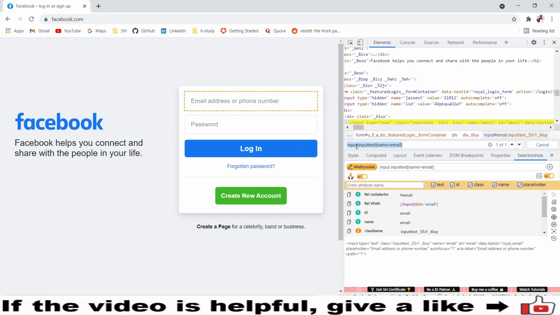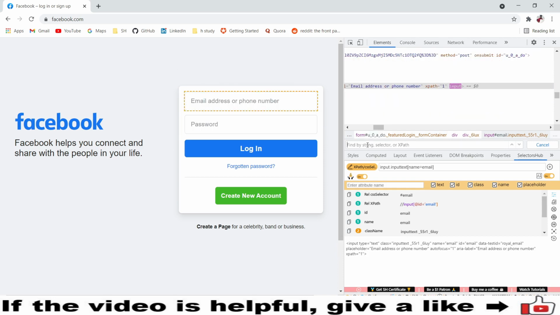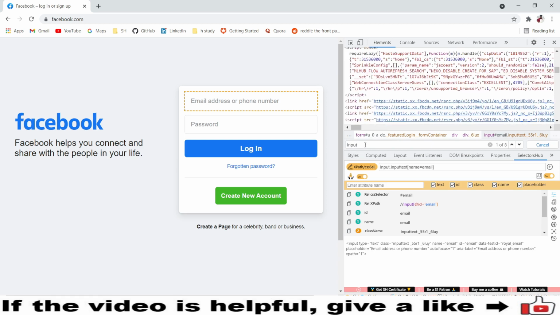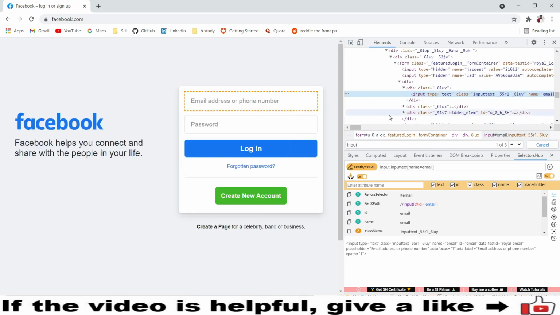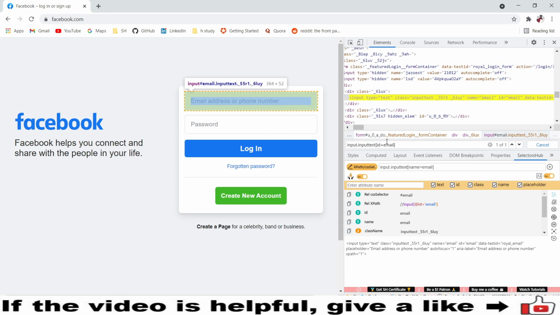Here in the HTML DOM, you have this input, and you can use this directly, input here. Again we need to find the class as well. So class is this, dot class. I'm using a complex path so that you can easily understand how the complex path also works with these special characters. So here we have ID equal to email. So it is identifying directly.